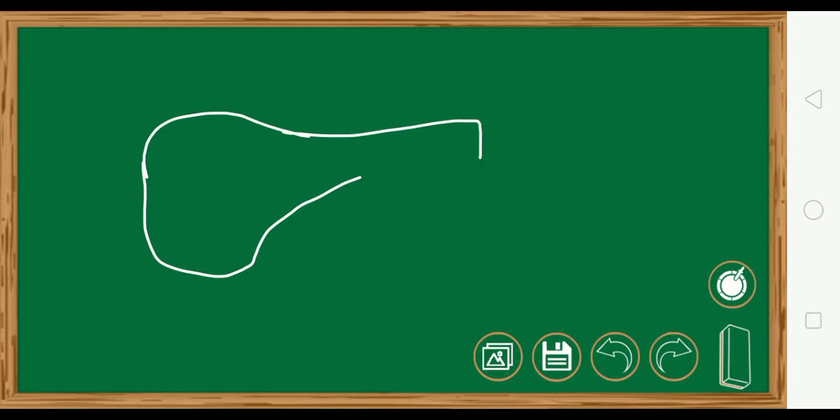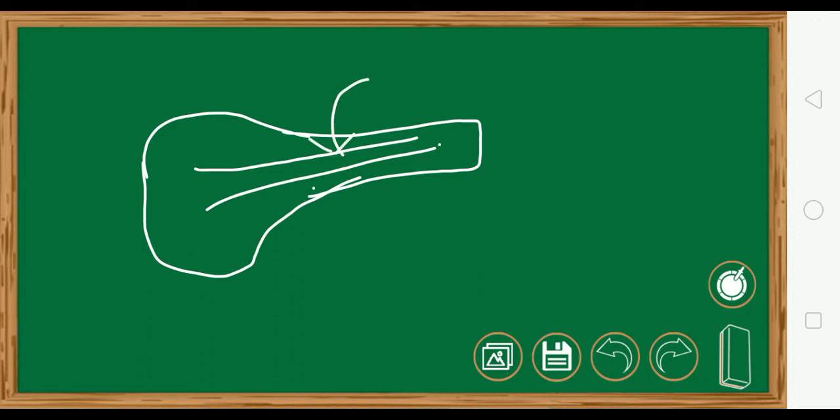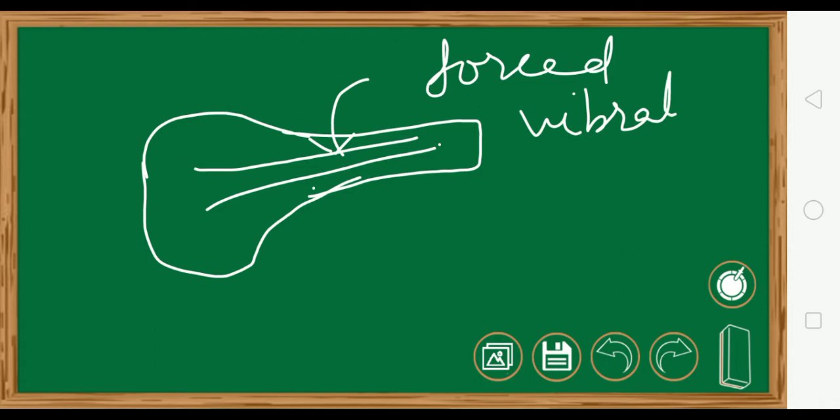Then when you are playing the guitar, what is happening? In the guitar there are strings. Now see, suppose this is your guitar. As I told you, I am very bad at drawing. These are the strings. Now you are going to pluck the string with your finger, and then it is going to vibrate. So this is also a forced vibration. All the string instruments you are plucking, so all of them are having forced vibration. They are forcing the air column inside to vibrate and create the sound.